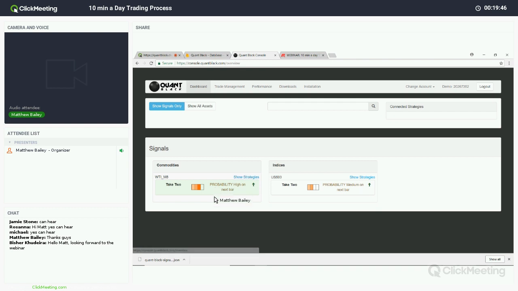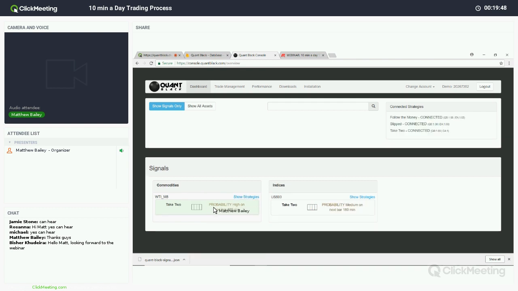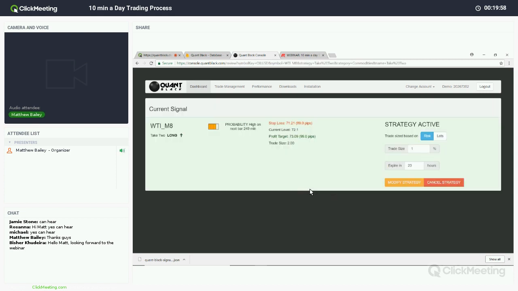If it's a current signal, it won't say probability, it will say signal current, and it'll be green as well. So if the signal is current, it means this strategy produced a signal on the last bar. Now, ideally, you want to take the trade as soon as the new bar opens, but if you've missed it for whatever reason, it will tell you